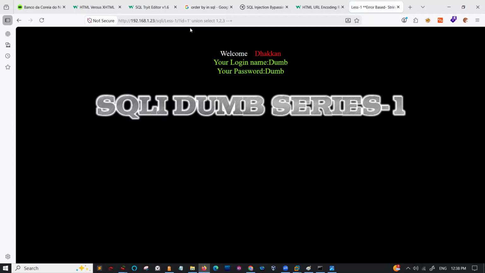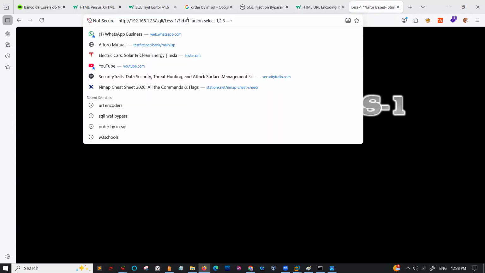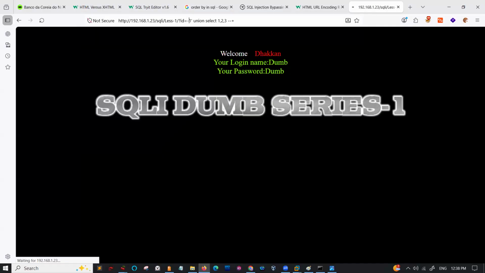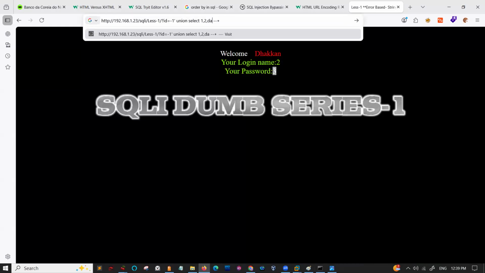So it is not projecting. What I said, when it is not getting projected, the column number, negate the parameter. When you negate the parameter, you can see the reflected column numbers here. So among 1, 2, 3 column numbers, which are the column numbers getting projected here? 2 and 3. So in these two positions, you can execute the statements like database,